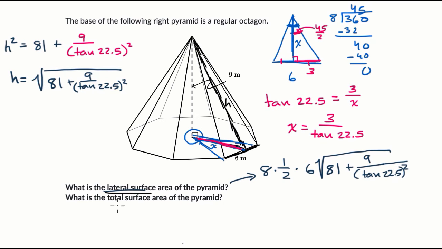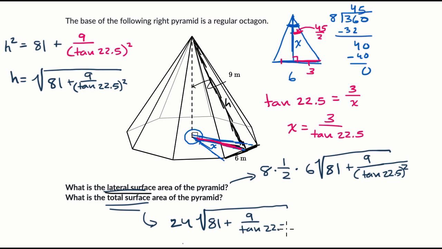Now, if I wanted to find the total surface area, what would I do? Well, I'd have to add the area of this octagon right over there. And how do I figure that out? Well, I can figure out the area of each of these triangles. I know its base, and I know its height. Each of these triangles is going to have an area. So let me just rewrite it over here. It's going to be 8 times 1/2 times 6. So that's 4 times 6. So I'll just write it's 24 times the square root of 81 plus 9 over tangent of 22.5 degrees squared,